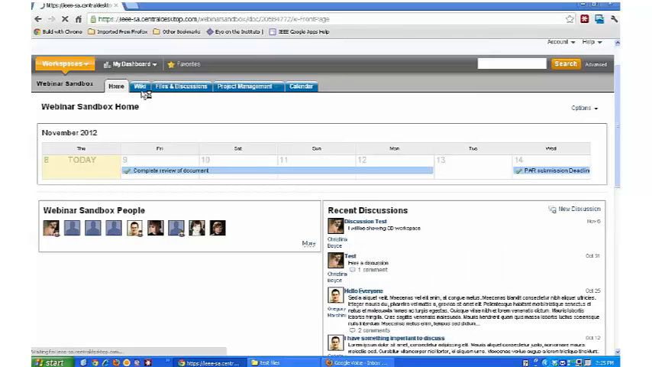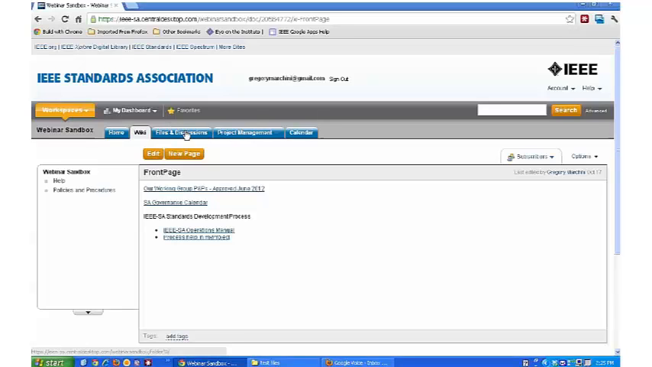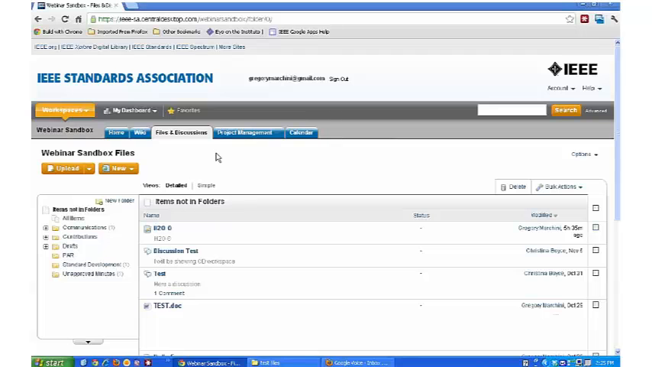We have a Wiki tab that will show pages that are configurable from wikis, files and discussions, which I will show you in a moment, project management, and calendar, which we will also discuss. So looking at the Files and Discussions tab,